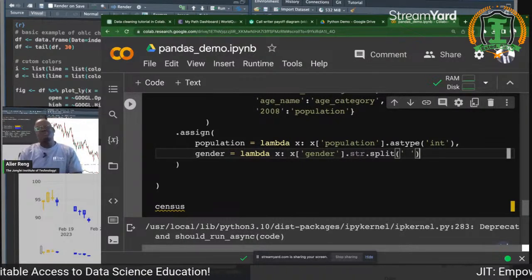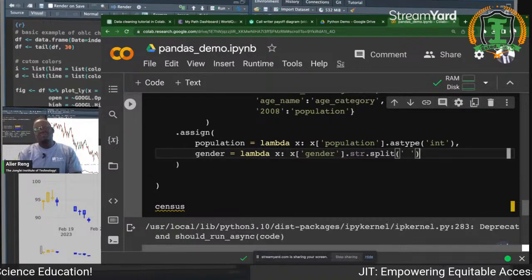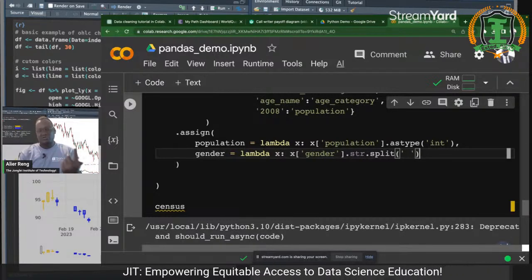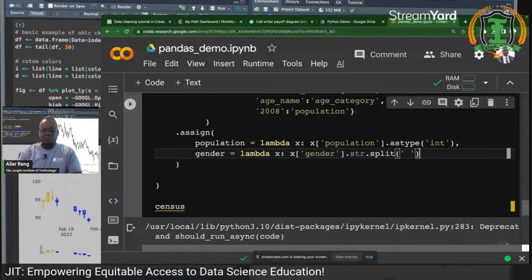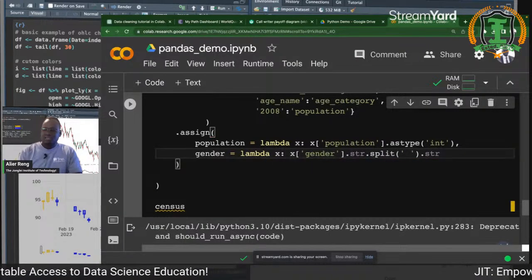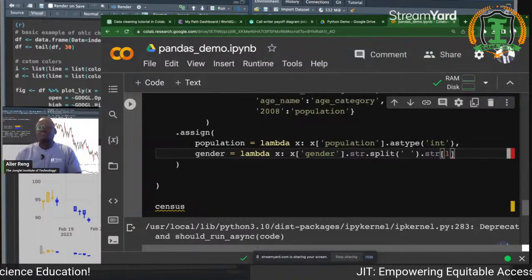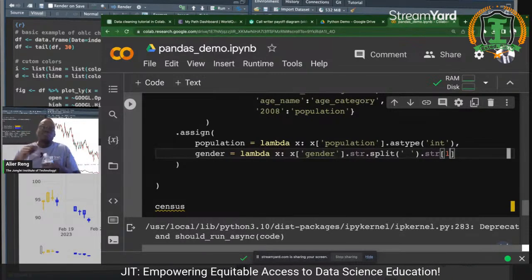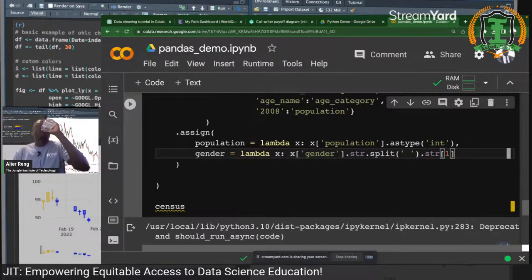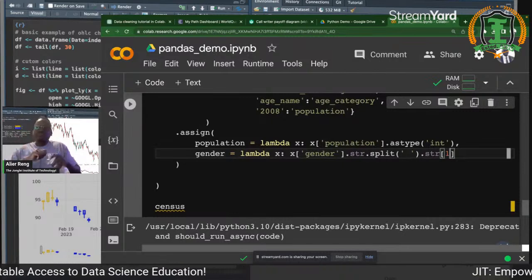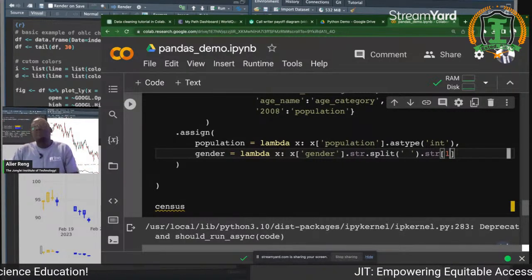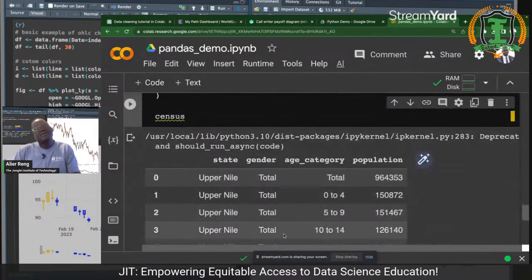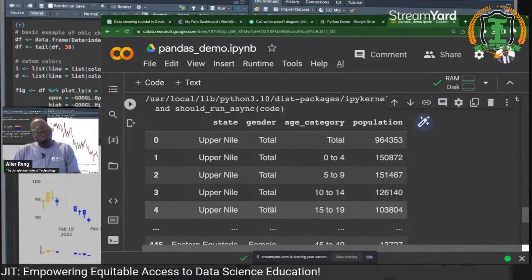But there are 3 parts. Since Python starts counting from 0, there will be the first part, which is 0, 1, and 2. But we need only the middle part, which is 1. So to get that, we will say dot str, and then we pull out 1. That is telling us, okay, split these using spaces, but only keep the middle portion or the middle piece. This will be like 3 columns, but we are going to keep what is in the middle. Now let's run it and see if it's going to go through. Yeah, it has worked. So now we see the totals,